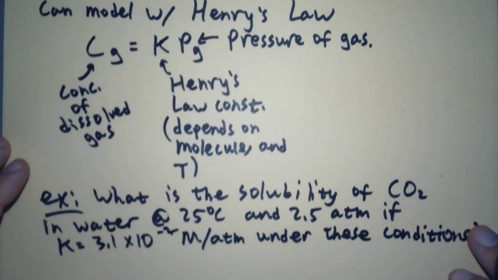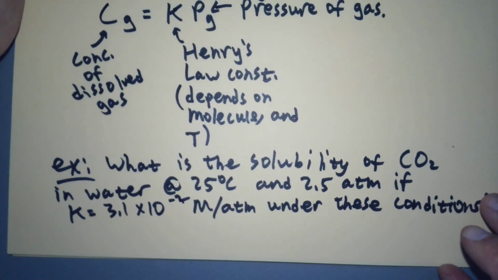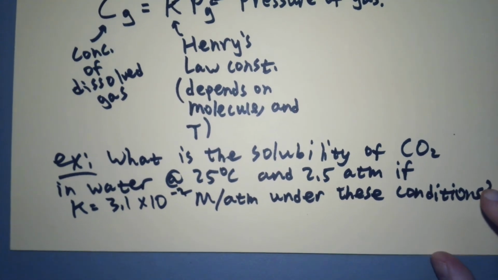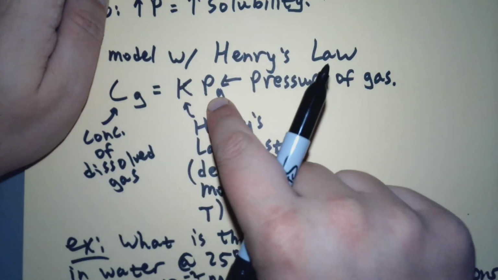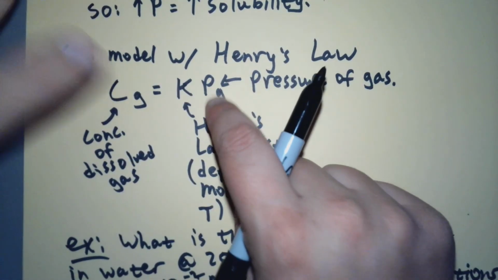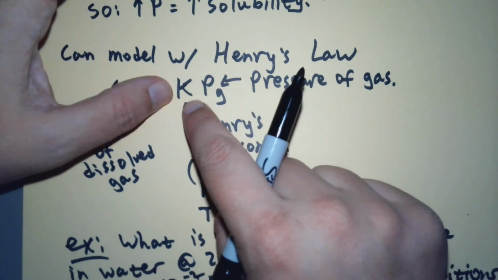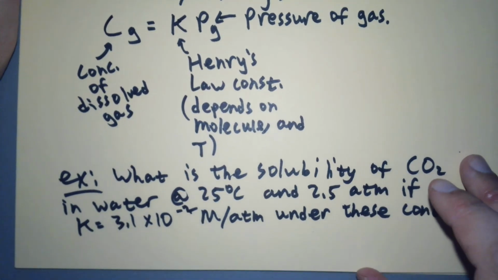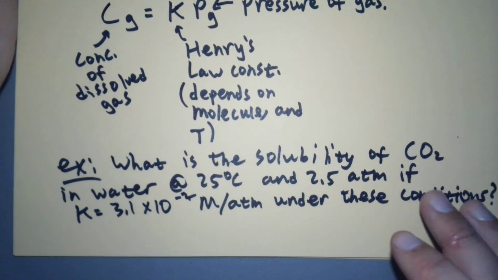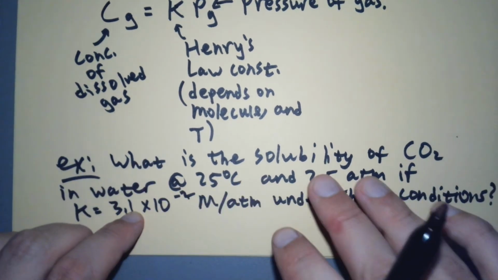Okay, how did I know what K was? I looked it up on a table. Yeah, that's right, that's what you do, unless you're given the other variables. So that's the thing, right? There's two variables and a constant. Tell you one, you solve for the other. If you know both the variables, you can determine the constant. So you should always know 2 out of 3 here to solve it. In this case, we know K, we know P.